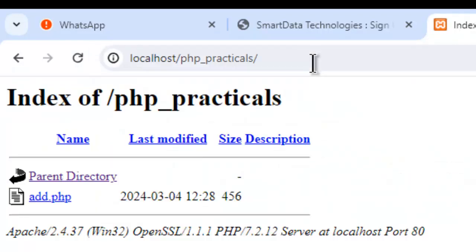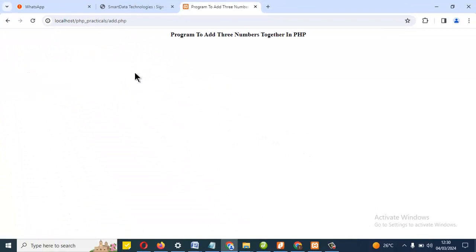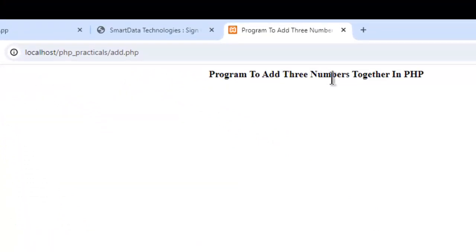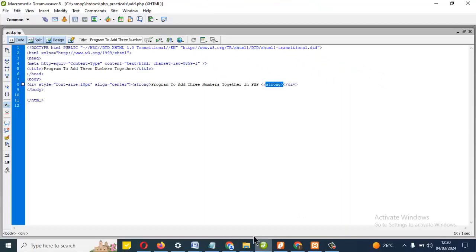I click on enter. This is the one that we are working with now. Then when I click on it, you can see that it has programmed to add 3 numbers together. If I go to PHP now, if I go to Dreamweaver